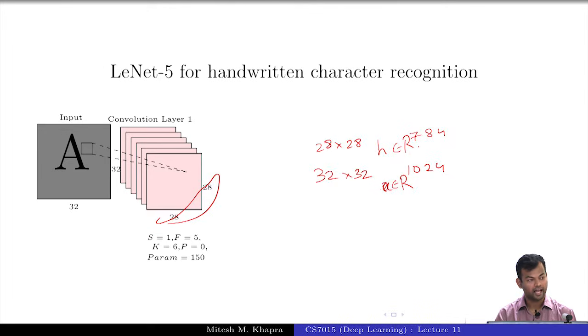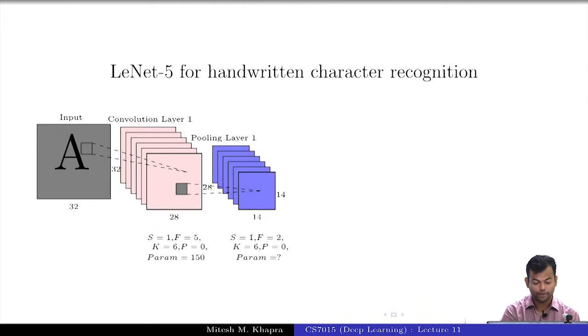Now after this, I have the pooling layer, where I'm going to use a stride of 1 and f equal to 2. So now I'm going to use the max pooling layer, where I've decided to use a stride of 1, and the max pooling will happen in a region of 2 cross 2, okay. And again, k is 6 because there are just 6 filters. So max pooling happens on every feature map independently. It does not happen across the depth. That means I'm not going to pick the max along these 6 layers. I'm going to pick the max along each of these feature maps. So it's a per feature map operation, okay.